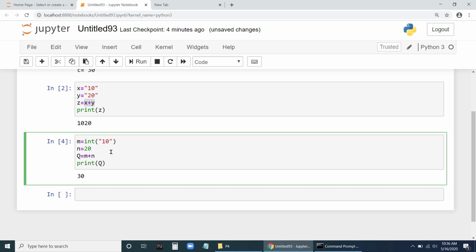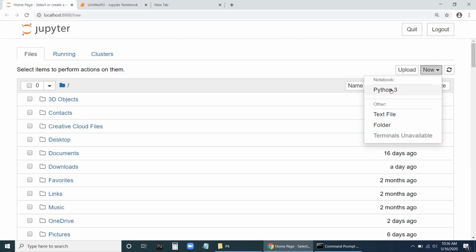That's why we are converting to integer before we add up. We are converting this string 10 to integer 10. So it will be 30. It is not 1020.